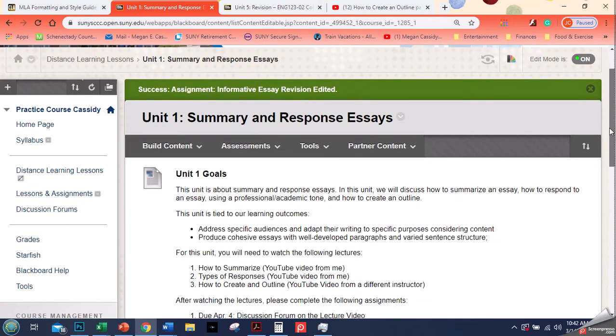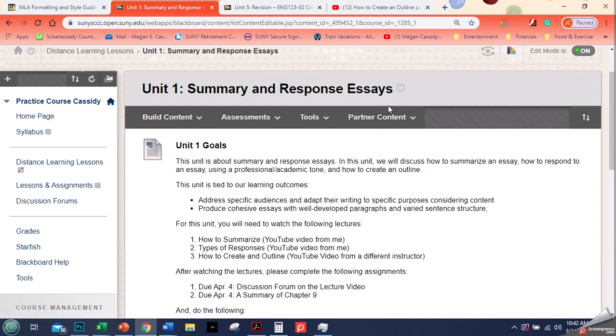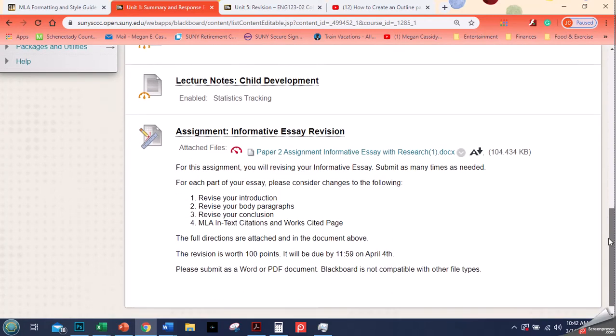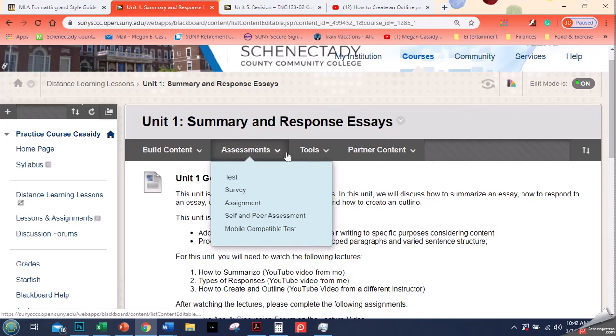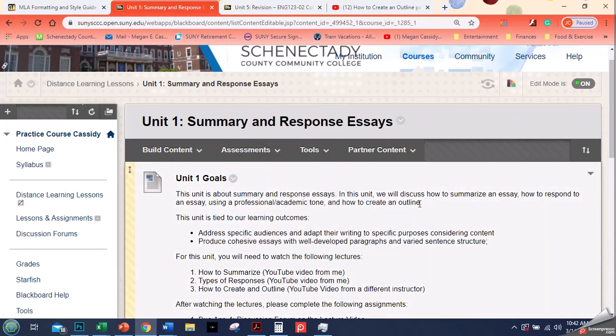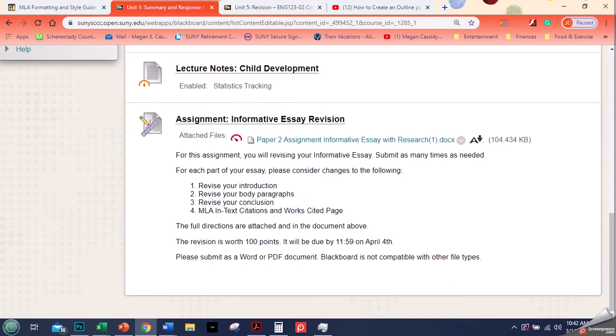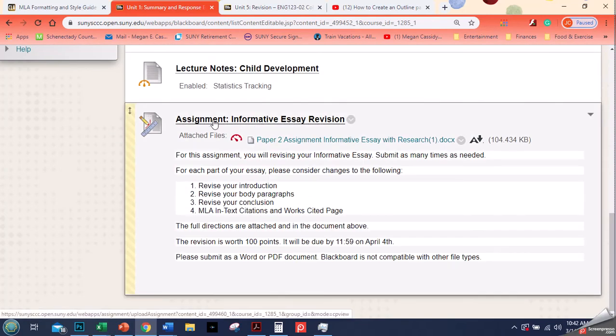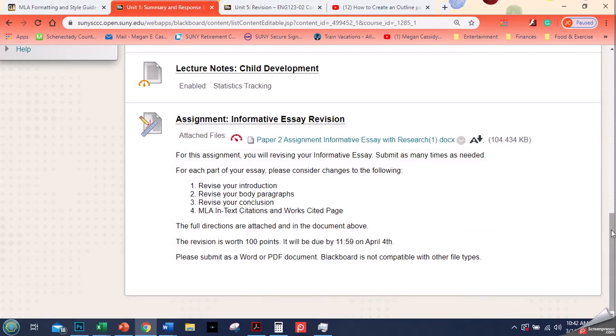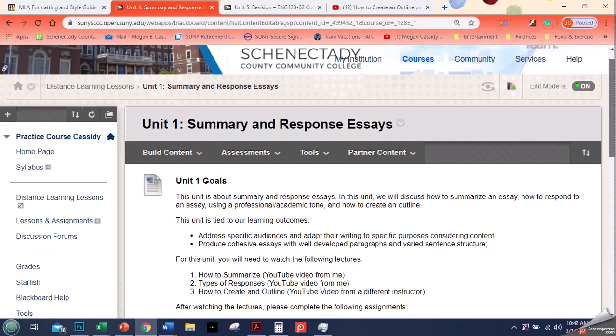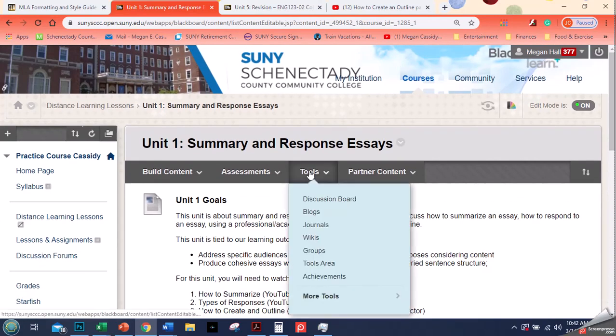The only other thing I want to say about the assignments, I use these for my journals as well. I don't like how the journal tool is set up here. It's under tools and it's journals. You can't check journals for plagiarism. So if you're doing a class with any type of writing, I just recommend that instead of calling it a journal, you title your assignment "thoughts on chapter 8" or whatever the case may be. But I don't recommend using the journal tool, so I'm not going to show you guys how to use that. But I will show you how to do the discussion boards in the next